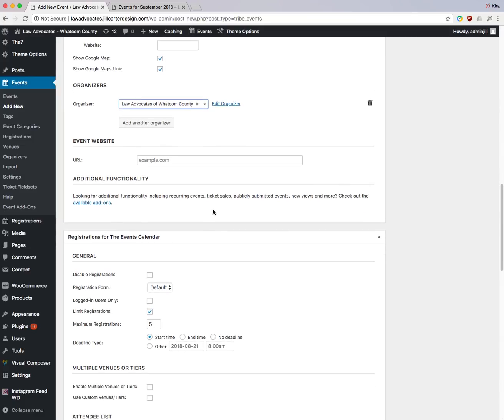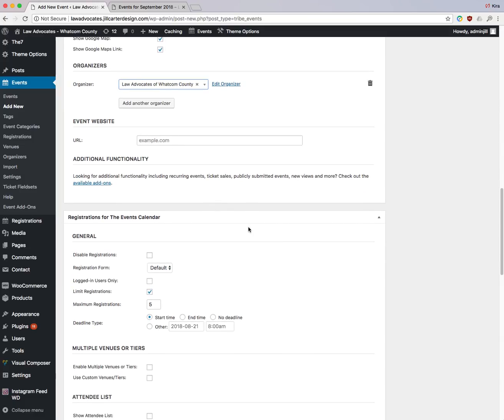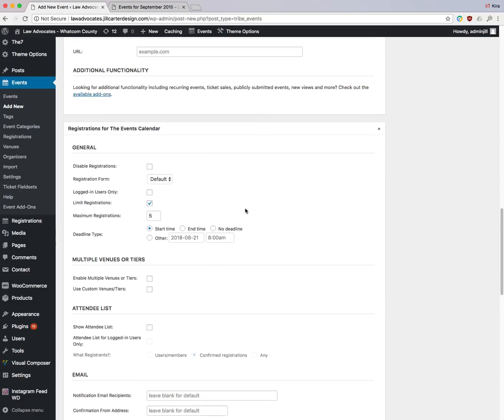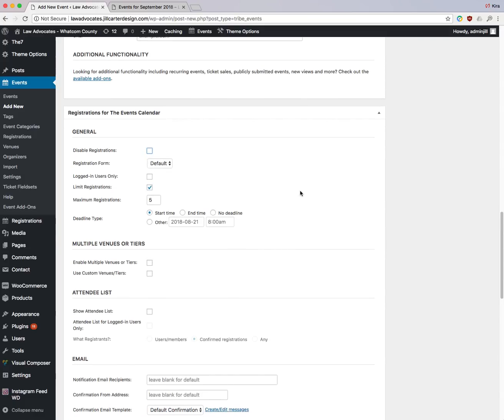Or fundraising for a certain organization, you can put that in here. Okay, and here is registration. So if your event is having volunteers register, you'll want to make sure to use this. If you are not having volunteers register, you'll want to make sure this box is checked, but otherwise, you can